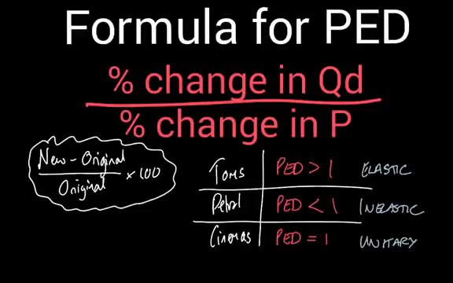Now, one of the things that tends to get people a little bit caught out with PED is whether the number is positive or negative. If we think about this, we know from previous videos that quantity demanded and price are inversely related to one another, i.e. as one goes up, the other goes down. What that means is one or other of these will always be negative, because if the price is going up, i.e. the percentage change in price is positive,